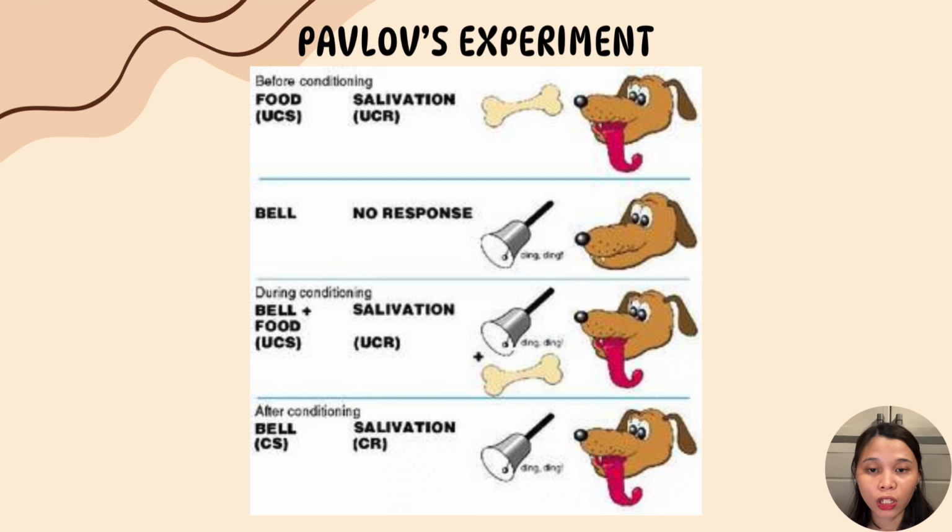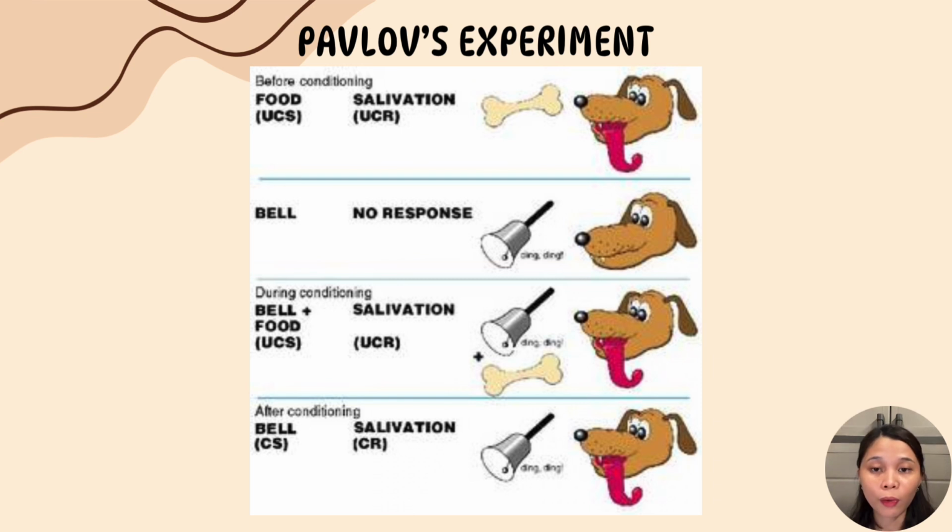Next is during conditioning. Pavlov would ring the bell, which is the neutral stimulus, just before presenting food, the unconditioned stimulus, to the dogs. This pairing was repeated several times. So the dog started associating the sound of the bell with the food. After conditioning, the conditioned stimulus or the CS, which is the bell. After repeated pairings, the bell alone became a stimulus that caused the dog to salivate. And the conditioned response or the CR, which is the salivation. Now the dog salivates at the sound of the bell even without food being